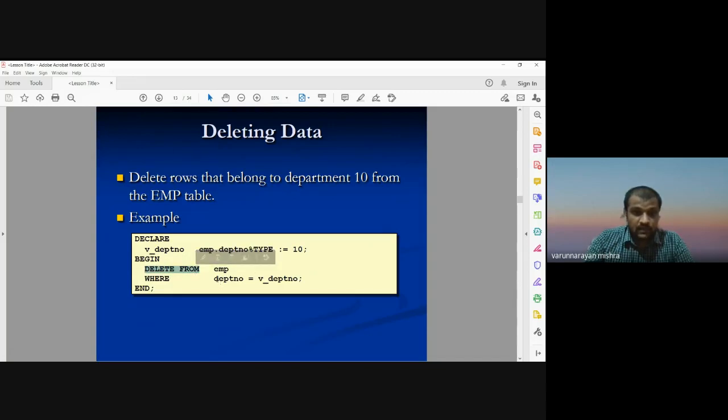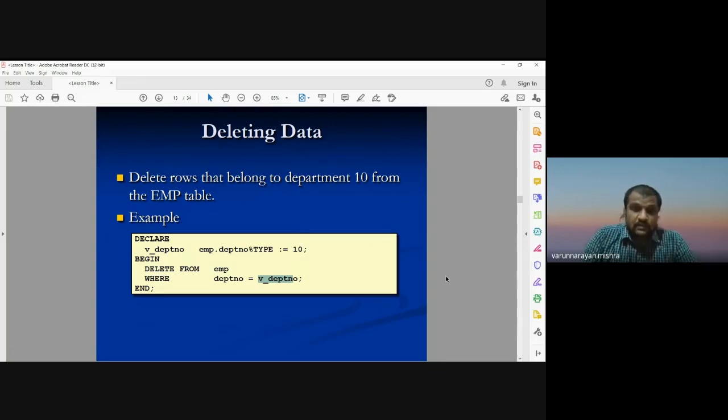Where means you have to define where you want to delete. We are going to delete from the department number. Under the column department number, you are going to delete the row number 10. So it will delete the row number 10 only in the department number